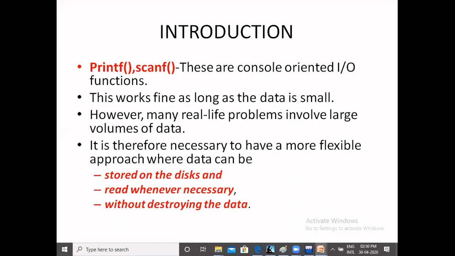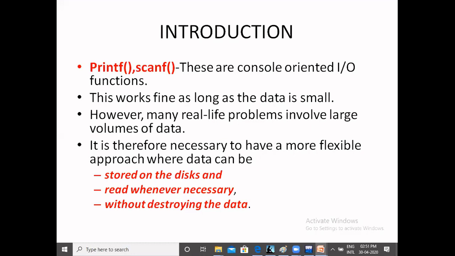Within 1 hour or within 1 day, a total transactions will be deleted. So that's why we need permanent stored memory. So that is the hard disk. If you think our information is stored in the hard disk, that will be stored forever. So that's why we need disk operation from the programming.